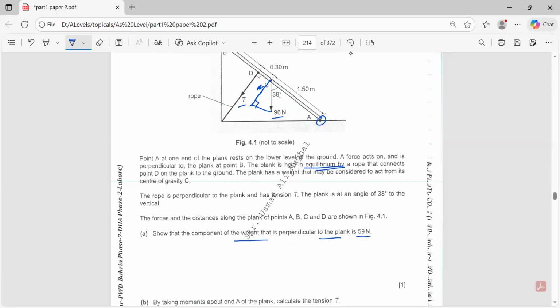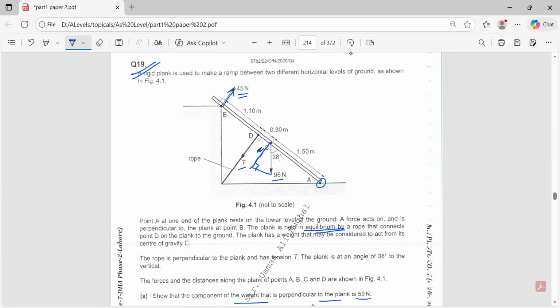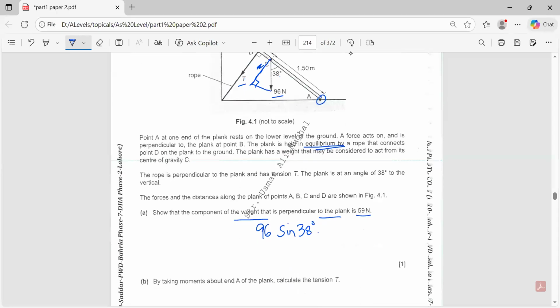So if we are aware of this outer angle, this part will be written as what? 96 sine of 38 degrees. And what will be 96 sine of 38 degrees equal to? This will be equivalent to 59 Newton. Next it says,